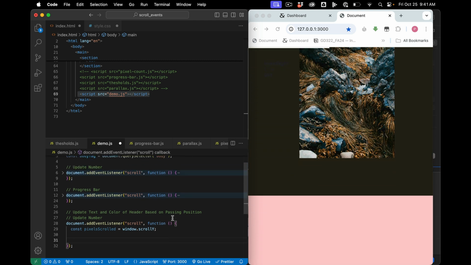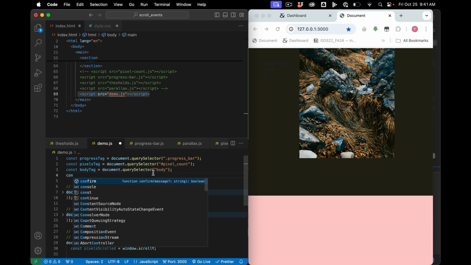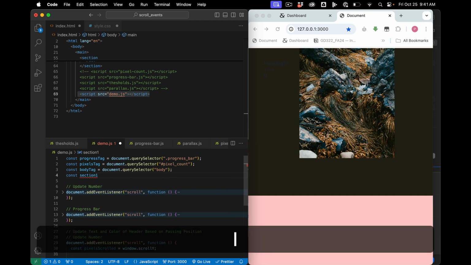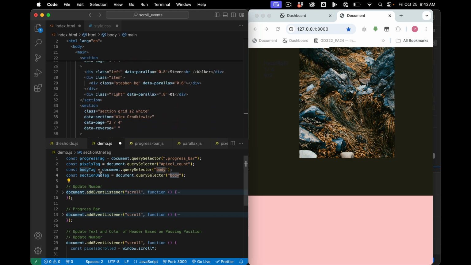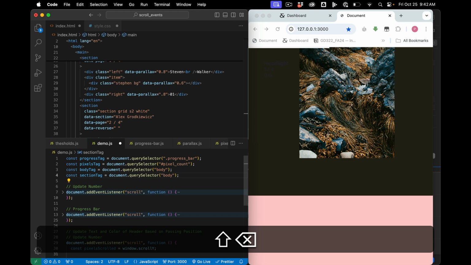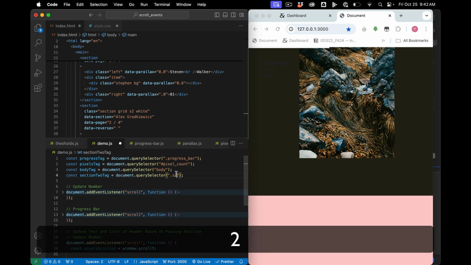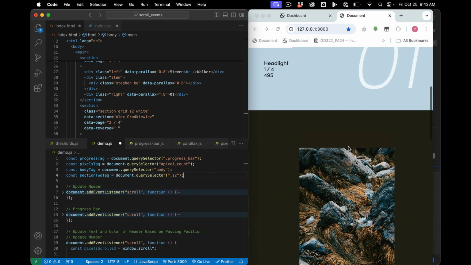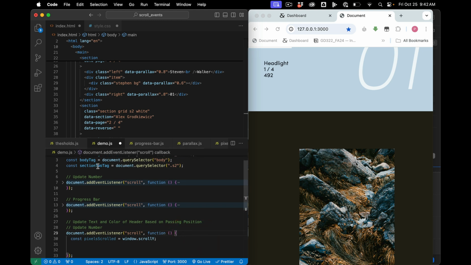So to do that, first we need a tag. So let's say const one tag, let's do this for now, equals. We're going to do this for all the sections, but for now let's just keep it simple. So let's see, what do I got? We'll start with actually section 2. Section 1 starts at the top of the page. So where does section 2 start? Now that we have the section 2 tag,